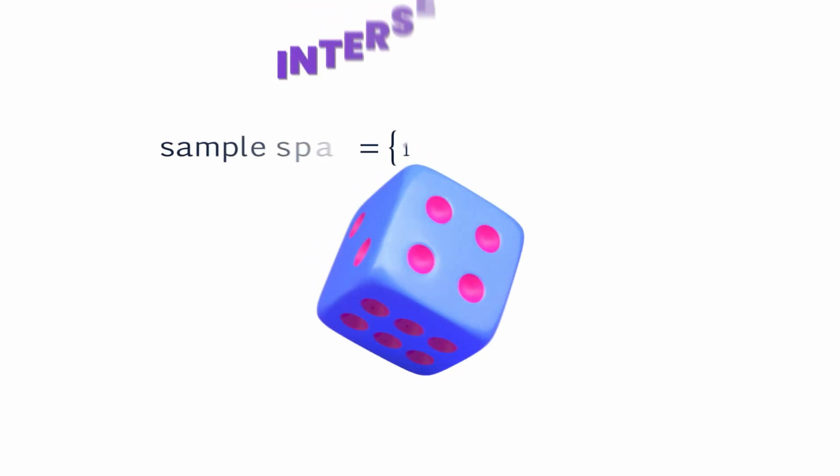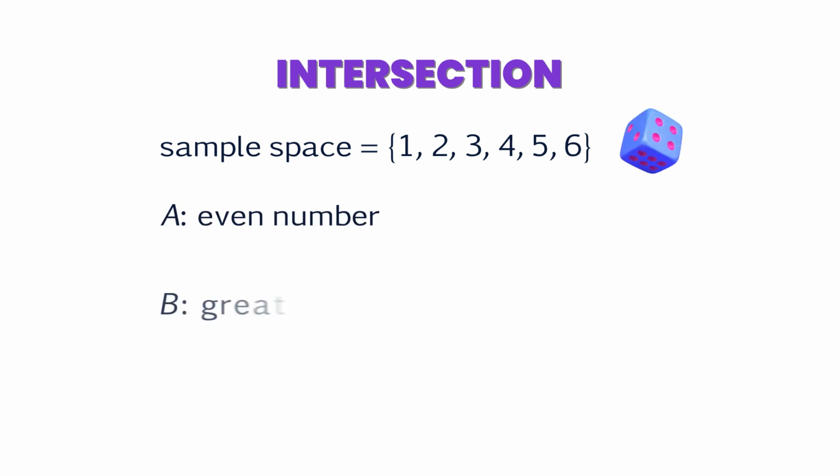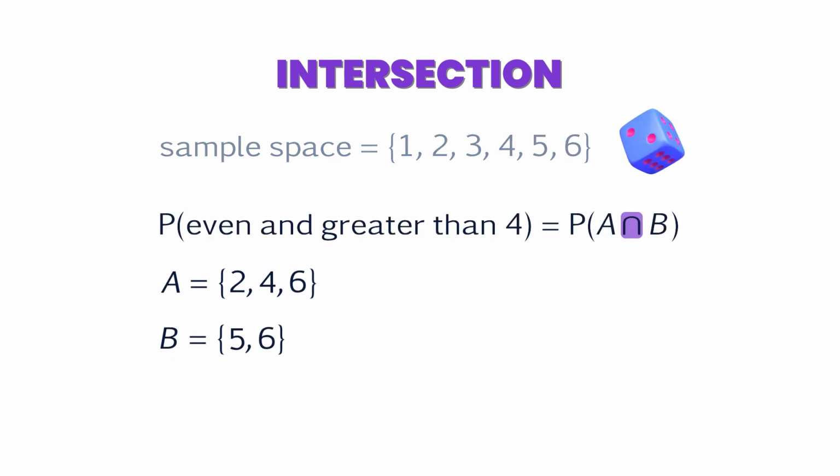Say you want to find the probability of rolling A, an even number, and B, a number greater than 4. You can think of A and B as two events. The first event, A, consists of the outcomes 2, 4, and 6. The second event, B, consists of the outcomes 5 and 6. In this case, you're looking for the intersection of the two events, namely, all outcomes that are in both event